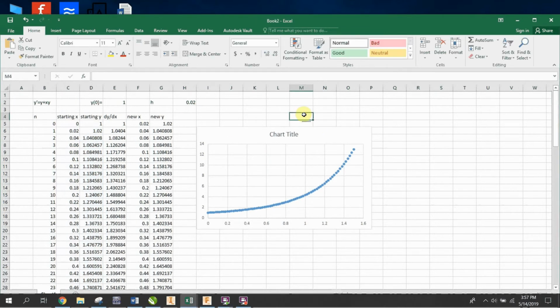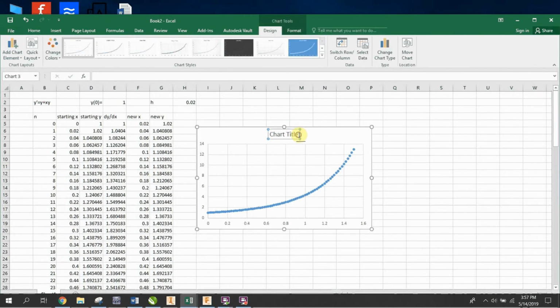Okay, so what I'd like to do is edit the graph so it looks like something that we would expect maybe from a science class. So of course we would expect to have an actual title. So let's click on the title and give it the name of our differential equation, which is y prime is equal to y plus xy. What we also want to do is label the axes